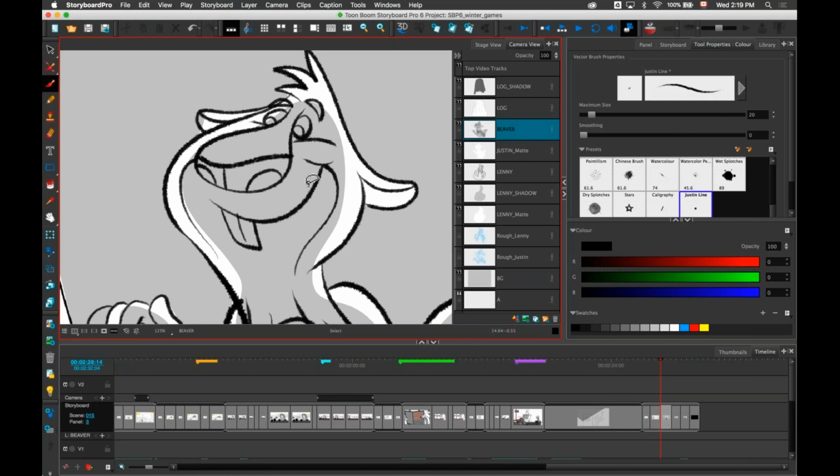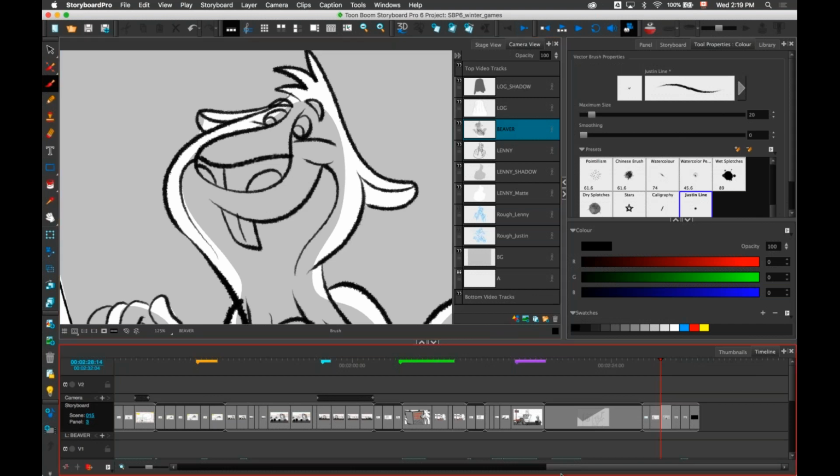I'm merging again, Command E, which would be Control E on Windows, and this merges the two layers together. So I don't have to go and select the layers. While I'm working, I can just quickly merge layers together by using that little shortcut. This is a small tweak that makes working in the software just a little bit faster.